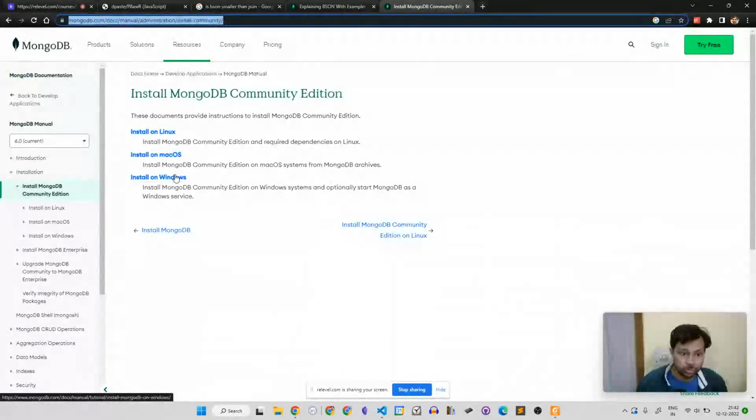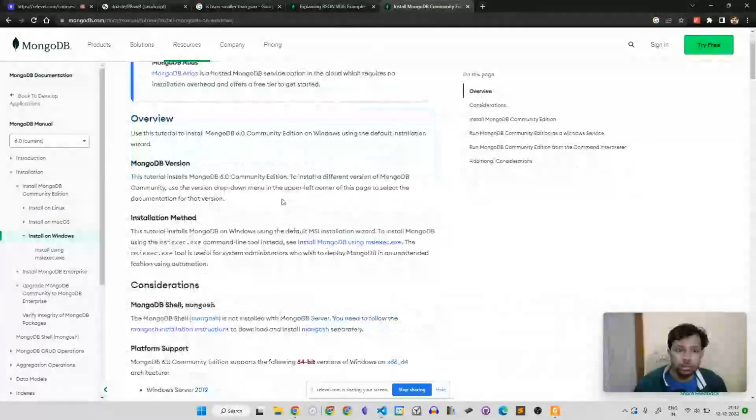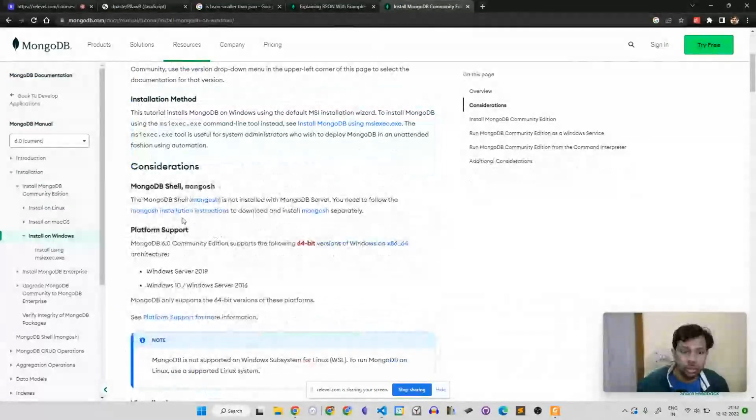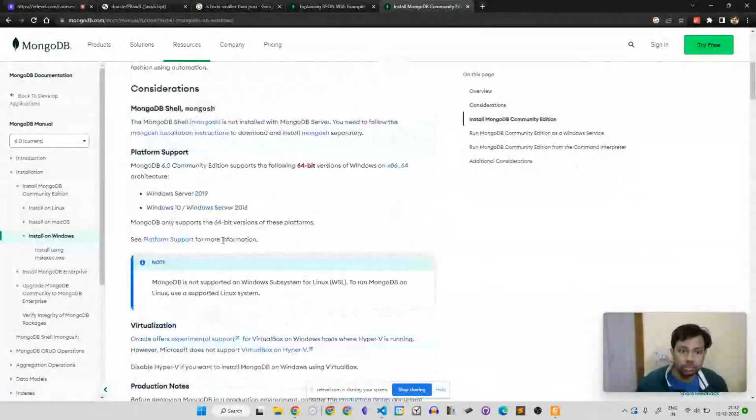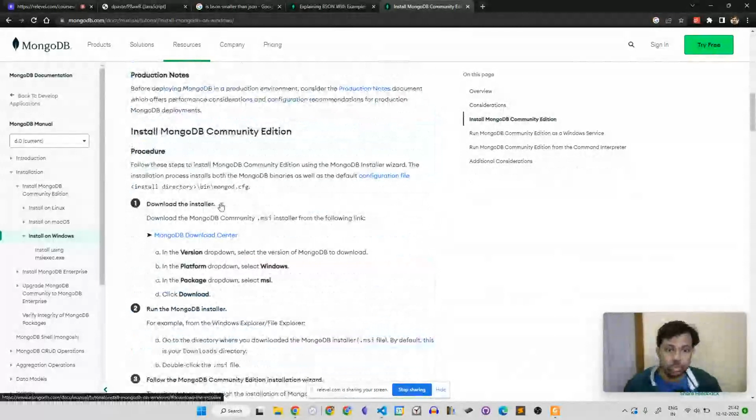Install on Windows. Consider MongoDB shell and platform support. Installing community edition: download the installer. You can download the installer by clicking on the download center.